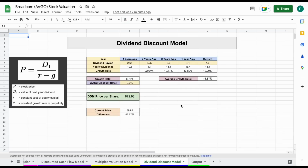Now, the last valuation we'll look at is the dividend discount model. And again, it values a company based on how much they pay out in dividends and how much that dividend is increasing. So I plugged in the quarterly dividend payouts for this company so we can see our yearly dividends. This allows us to again see our dividend growth rates, and we have 22.6, 10.7, 13.89, and 12.2. So again, really solid dividend growth. Moving forward, I'm projecting a dividend growth rate of 6.75%, discount rate of 9%, and that gives us a dividend discount model price per share of